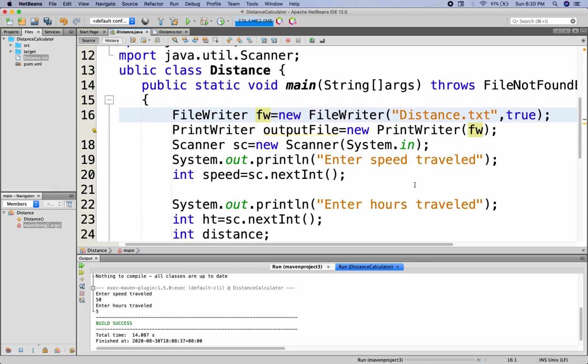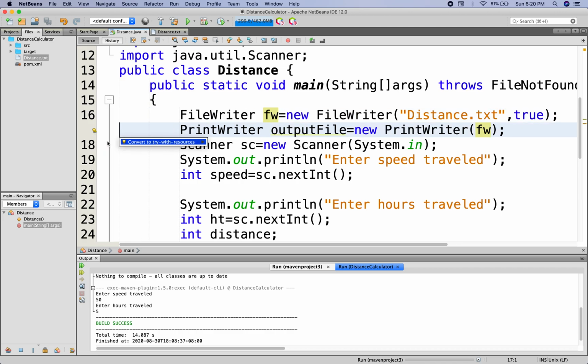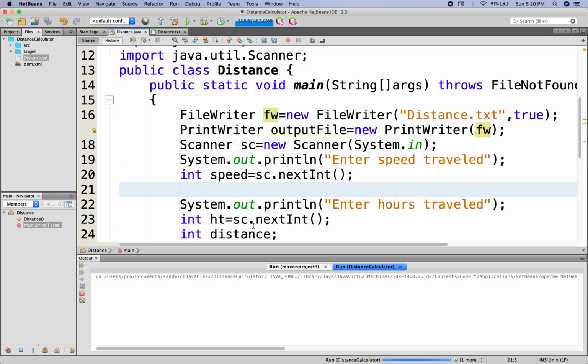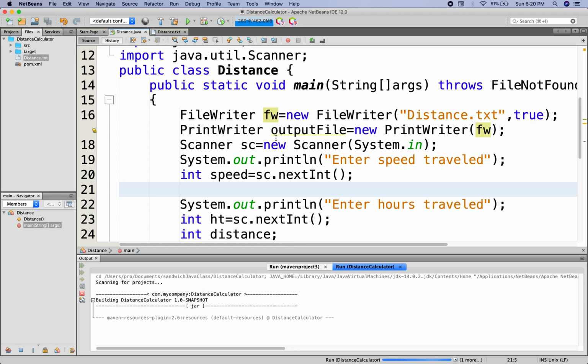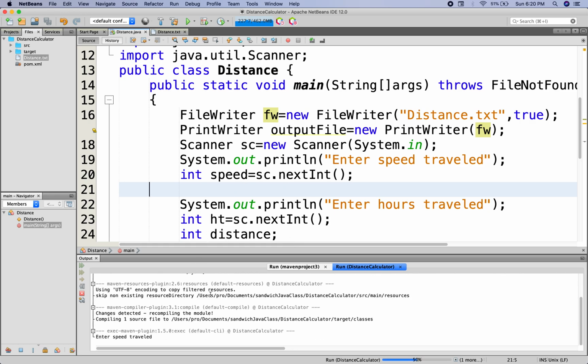Okay, so let's see if this problem is resolved. We're expecting that when we run the code this time round, it should go and add to the existing content and not erase. No, we are not interested in making this a resource. Okay, so let's run this code. All right, so there is a build success. Yay! Don't mind me. So we enter